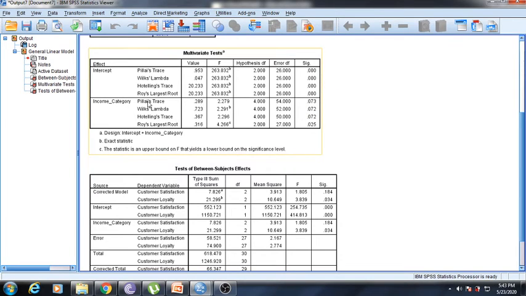Now, which type of test do we have to see? Normally, most researchers say that we have to consider Wilks' lambda. This is the most popular multivariate test we consider when we use MANOVA. So if all your assumptions are satisfied, then you can consider Wilks' lambda. If some of your assumptions are not satisfied, then you can take the Pillai trace. So in both cases, you can see here that it is greater than